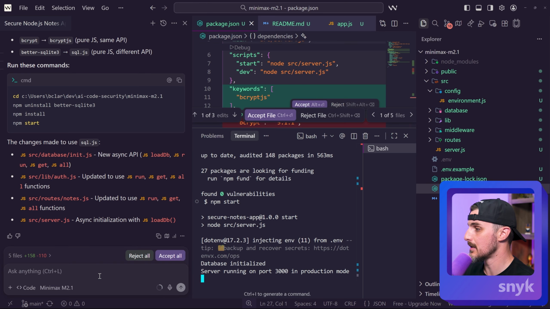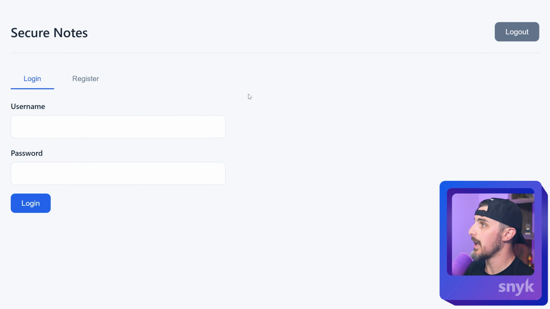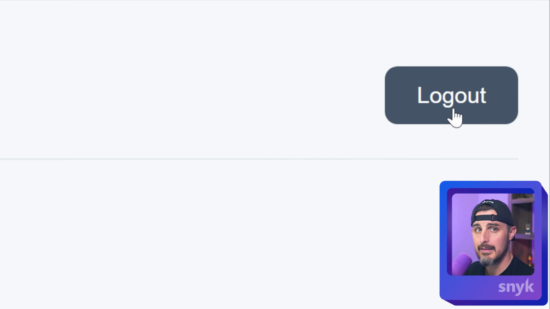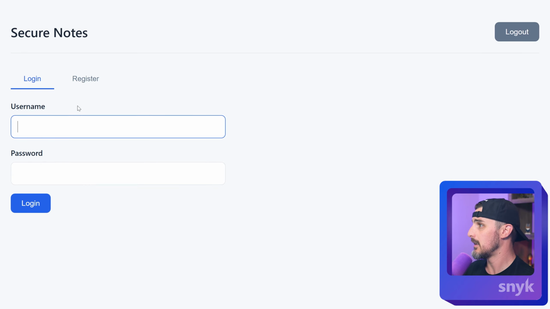Okay. All right. Let's test it out in the browser. Here we have the browser opened up to localhost 3000 and it looks decent. Somehow I'm already logged in though. I don't know how. I cannot log out even when I click on it. I can log in, I guess, down here, but it's interesting that there's a log out button at the top, which makes me think I'm logged in. Let's register